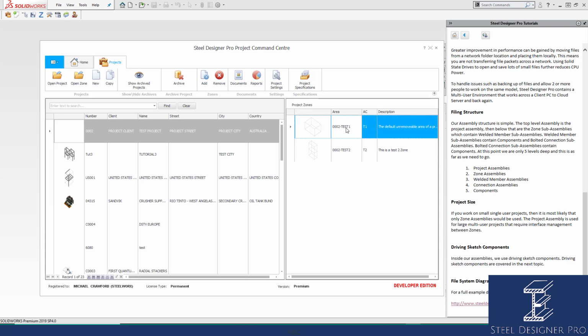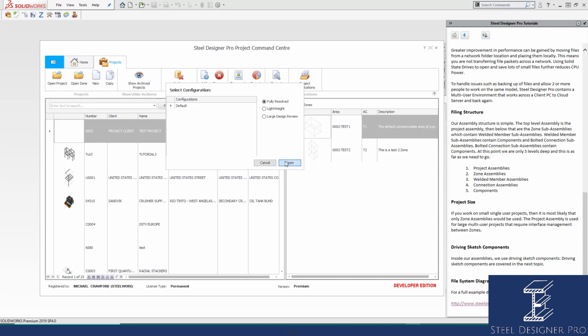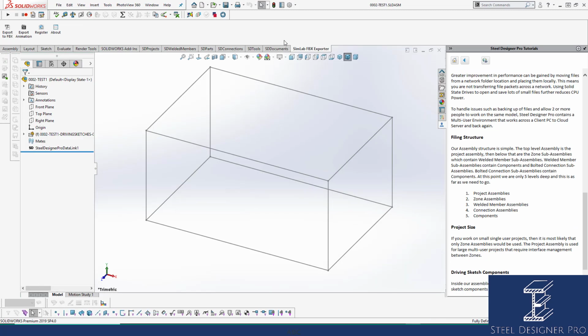Now if we go into the zones and open them up, you can see now if I go to test 1 and click open zone, you'll see the zone has come in. Okay, now zone 1, you don't want to give long descriptions for your zones. Even though we have an area code, you don't want to make them too long. Test 1 was what I put in there,